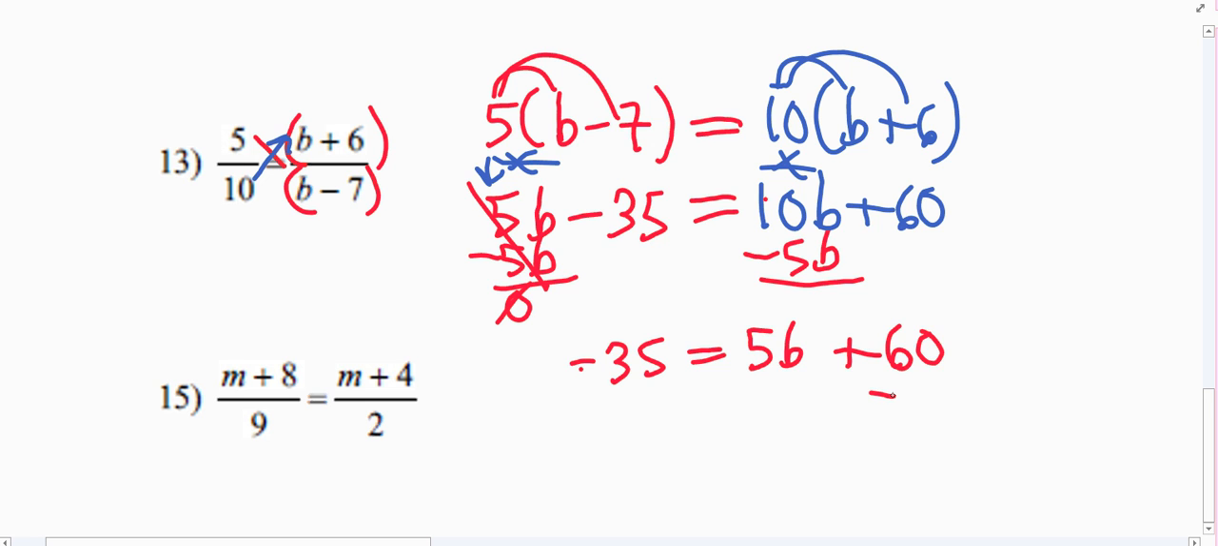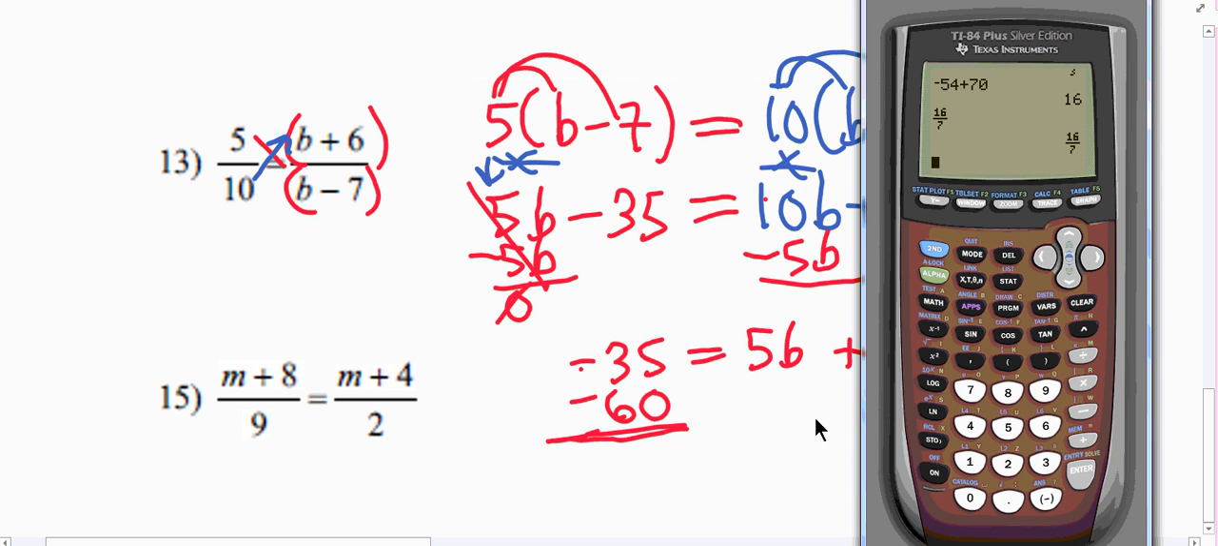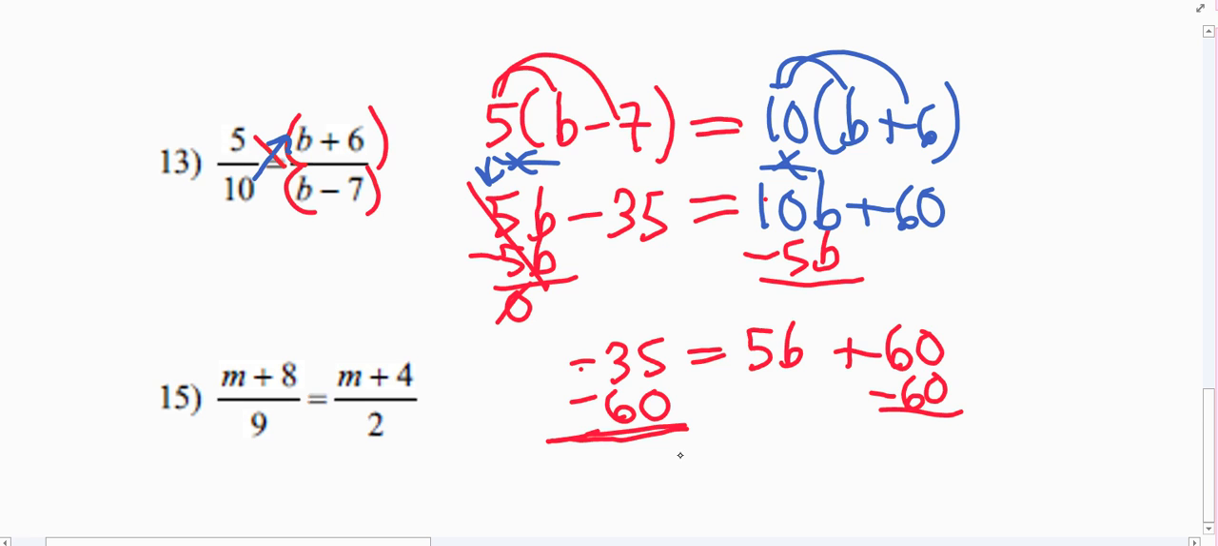Now, let's subtract 60. Subtract 60. Be careful right here. Anytime you're subtracting negatives and positives, just use the calculator to double check it. So we're going to try that. Negative 35 subtract 60, and that's equal to negative 95. Alright,